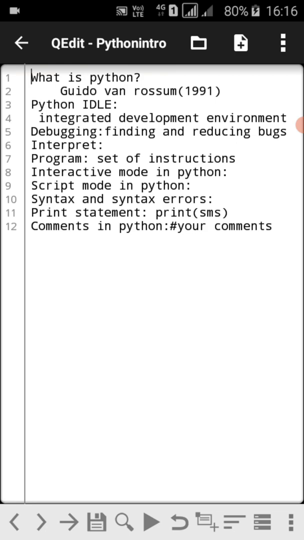But for coding more than a few lines, you should always save your code so that you may modify and reuse the code. The result produced by the interpreter in both modes, interactive mode and script mode, is exactly the same.